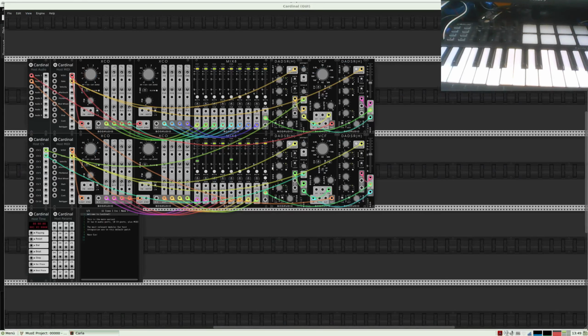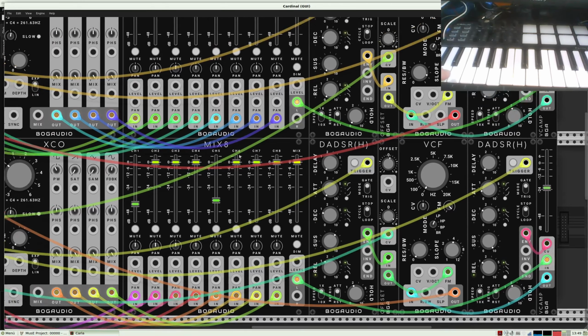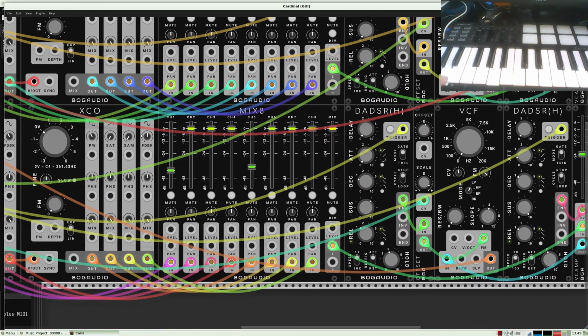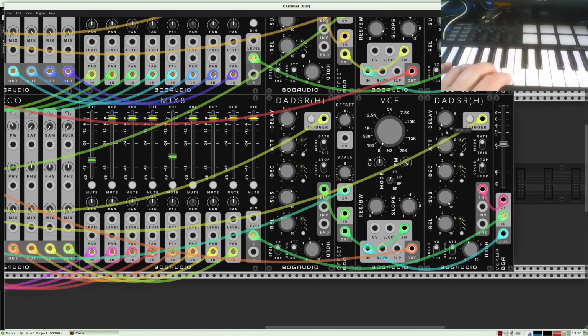Okay, create a delay value with sustain 2. So now